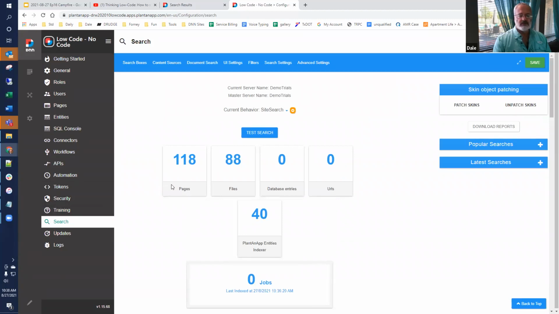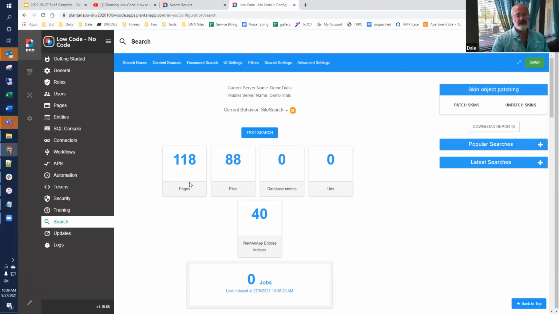The opening administrative screen shows you what's in the index. And I say the index, there really can be multiple indexes. For example, if you're a government site and you want to give some people access to all the things about regulations, you can create a search behavior that only indexes things having to do with regulations. You can create a separate search behavior for everything having to do with housing or mobile homes, so that when somebody does a search, they're only considering the things that fall within that index.